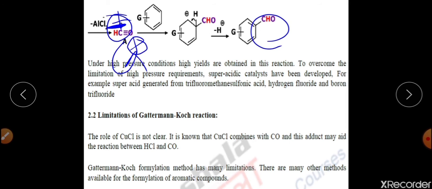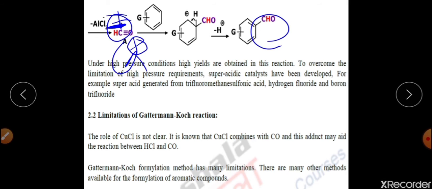So particularly we use this reaction, Gattermann-Koch reaction, generally for the formylation reaction, right? If we are particularly talking about meta directing groups which are being attached on the benzene ring, at that time reaction will not happen. Means reaction is particularly limited only to the benzene or alkyl benzenes. It is not for those groups which are highly activated or which are deactivator in its nature. For example, the meta directing groups, they are deactivator when attached with the benzene ring. So at that time reaction will not happen.